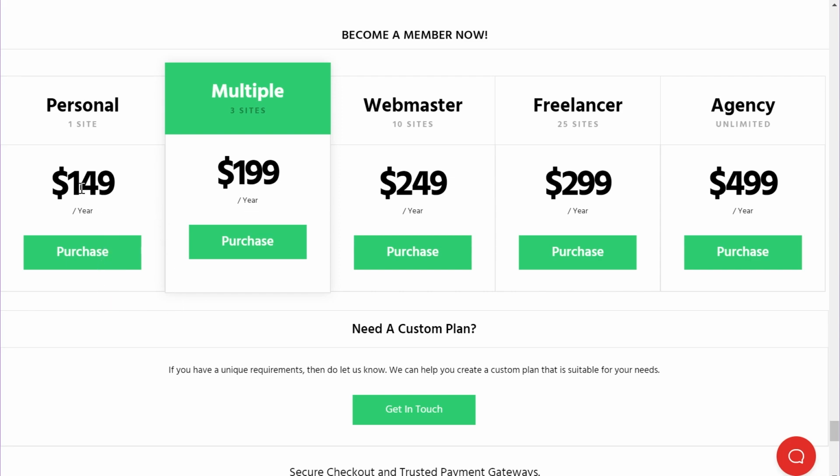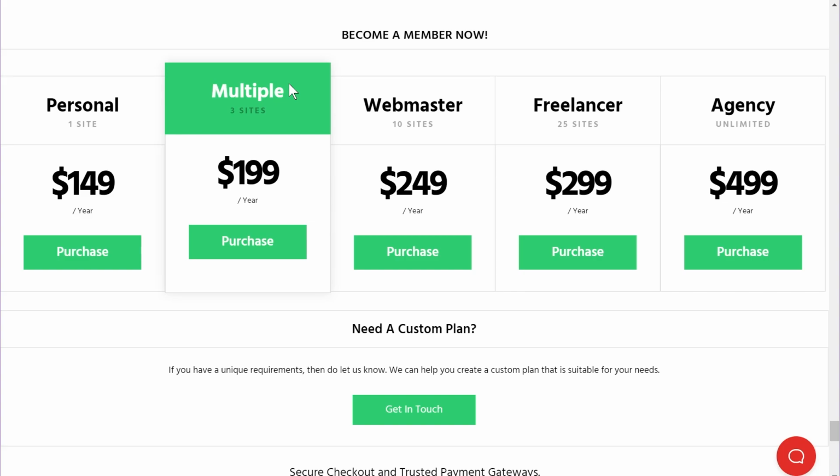But compared to the price of getting extensions separately, it's definitely cheaper because, as I said, just the WooCommerce extension was $70, $80, and the other extensions are around $30 and above. So if you even spend money on 3 extensions, you are definitely going to spend more than $149 on their site. So it's better that you just take the membership plan and get all the themes and extensions for a ridiculously low price.